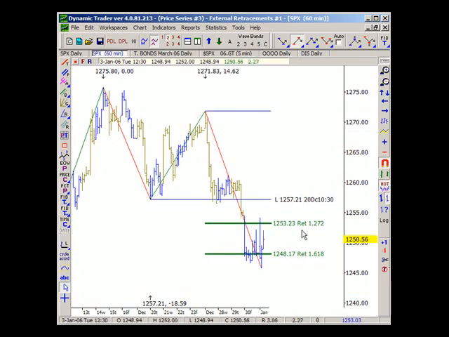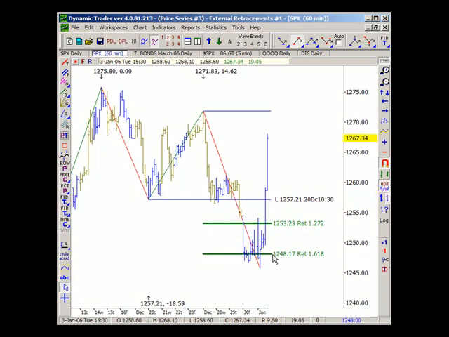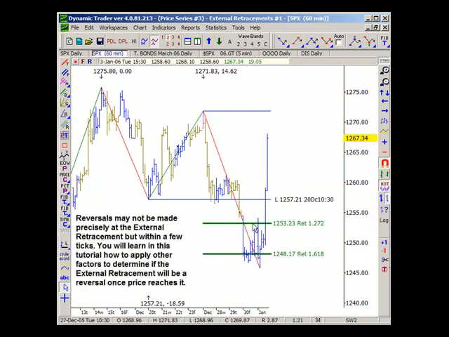We're still right around that area. And see how many bars it hung right around that area of the 162 external retracement? Let's add some more bars. Popped right up. So again, right near the 162 external retracement is where the low of this market was made and the market came back up. So it was very significant support, and we were prepared in advance by having done our external